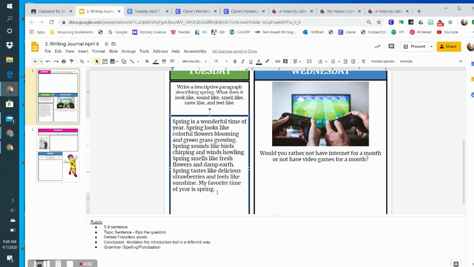All right. So I didn't use transition words, but I'm okay with that because I wanted my paragraph to have more of a poetic tone and feel to it. So I did that very purposefully. And if you decide to do that too, that's fine. But I did make sure that I had 5 to 8 sentences. I made sure that I answered each question in the prompt, and I clearly have a concluding sentence. So as long as you have all those other parts, I think not having the transition words is a creative choice here.